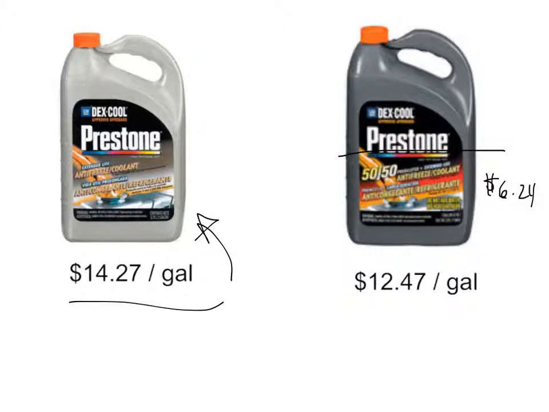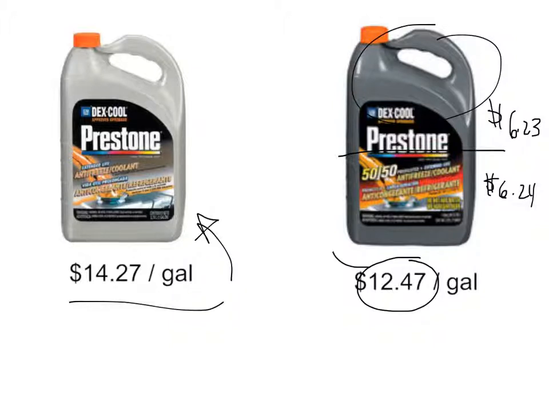Well, guess what? The other half, you're paying another, I guess it'd be $6.23 would add up, but this is for a half gallon of water. That's pretty expensive water. Well, let's just pretend the cost of water is negligible. A half gallon of water costs nothing, right? It's not like they're filling it with bottled spring water. It's just tap water. So, if you want to look at just the price of this, essentially what you could do is take this $12.47, and let's just pretend that $12.47 is the total cost of just the half gallon of antifreeze. So, if you double that, what you have to realize is that you're actually paying,